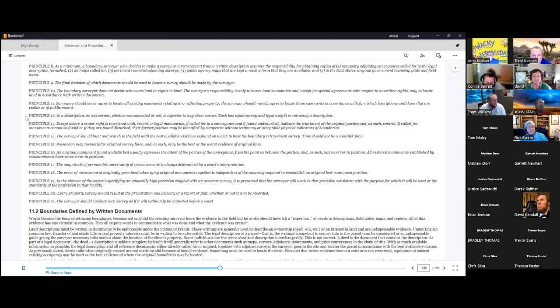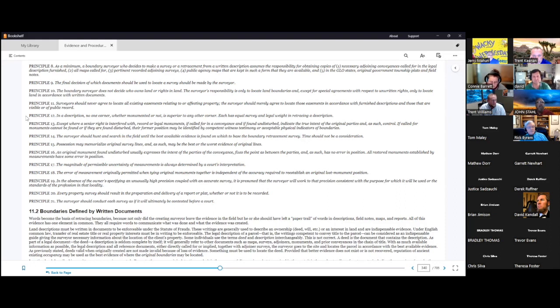Principle 14, the surveyor should hunt and search in the field until best available evidence is found on which to base the boundary retracement survey. Time should not be a consideration. Principle 15, possession may memorialize original survey lines and, as such, may be the best or worst evidence of original lines. Principle 16, an original monument found undisturbed usually expresses the intent of the parties of the conveyance,